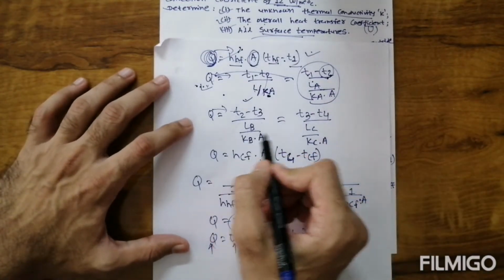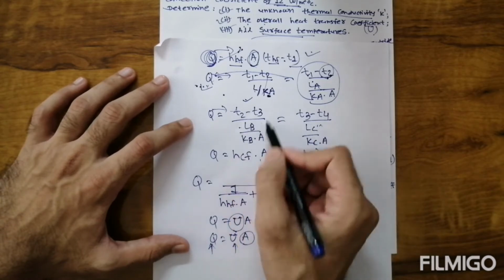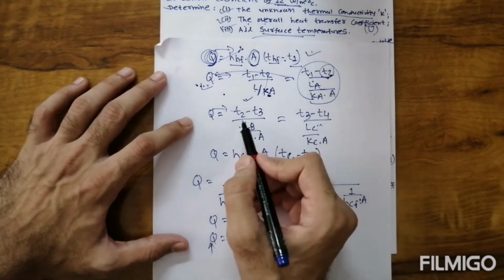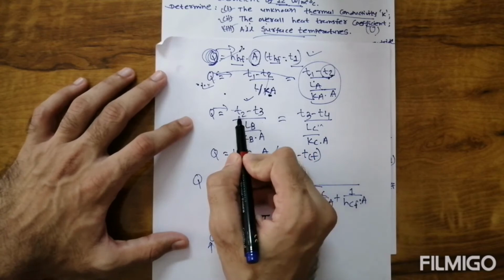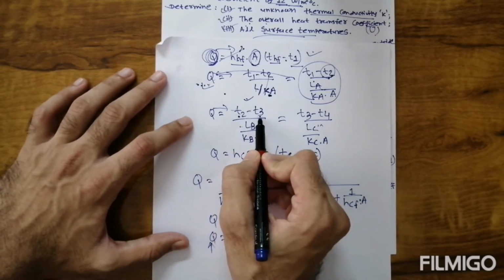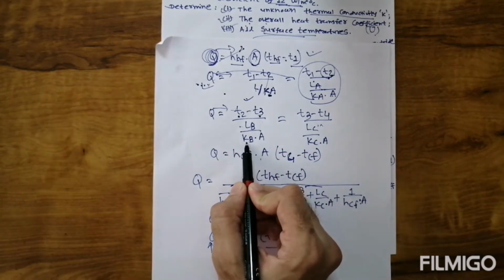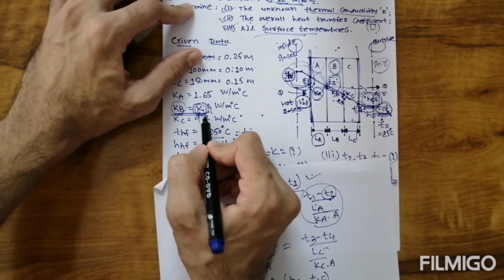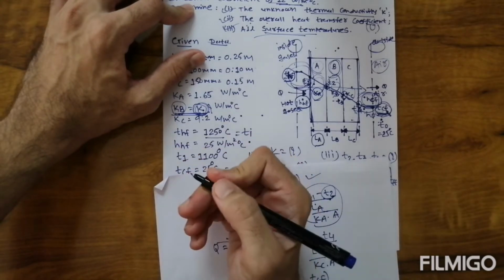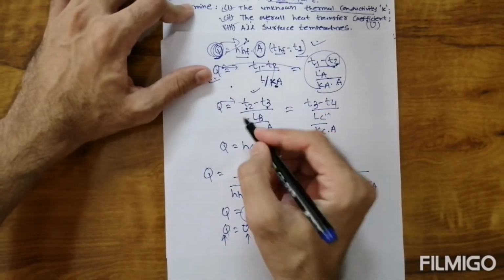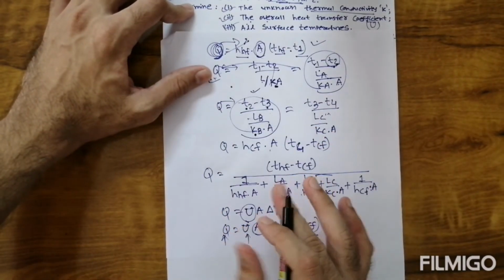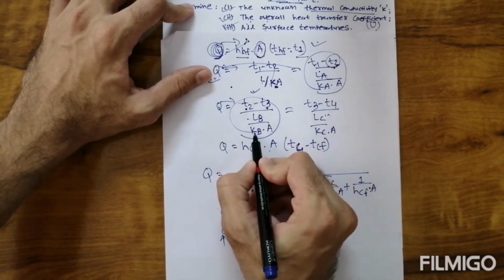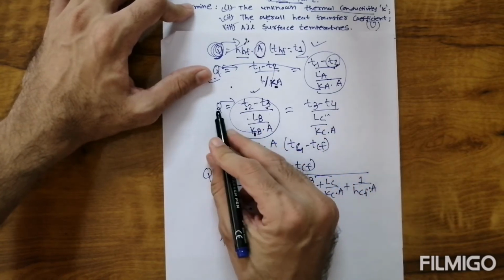Suppose I use that equation, first that equation will be considered. In this equation you can see T2 is unknown, T3 is unknown, KB is also unknown, because KB is not given; instead of KB, K is given, and that K is unknown, so we just find it. So how can we find that K? We cannot use that equation. How many unknowns? 1, 2, 3. Q is also, so 4.